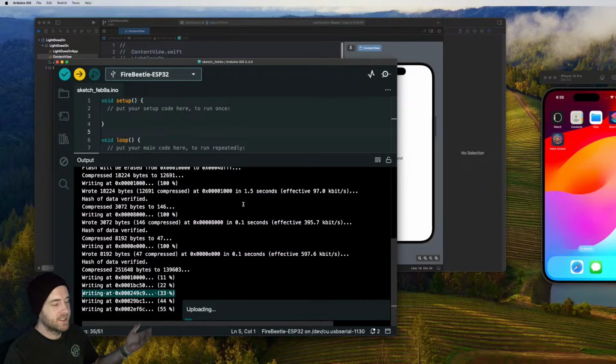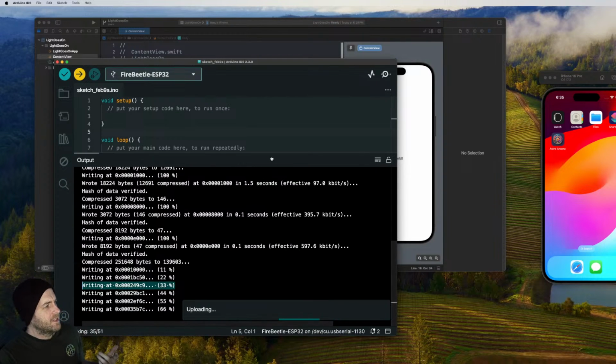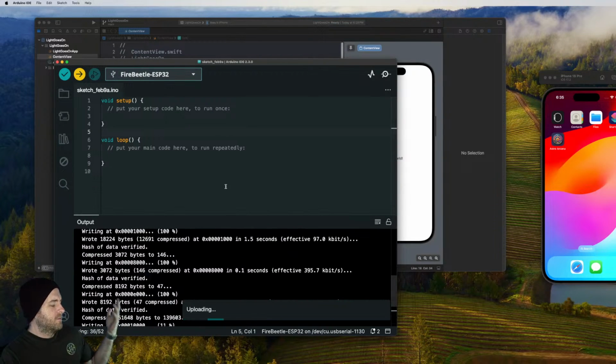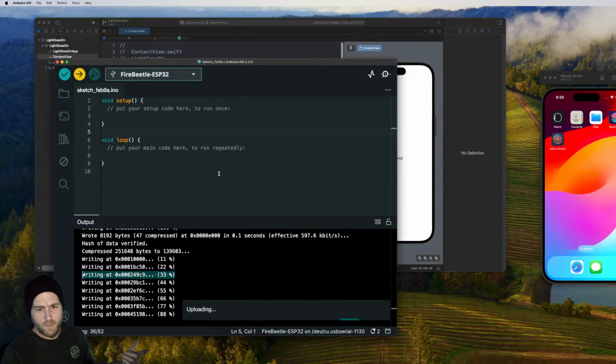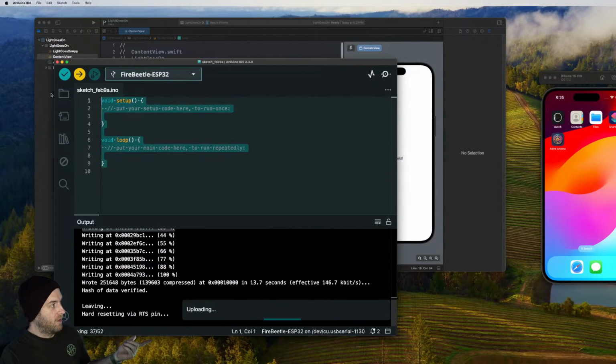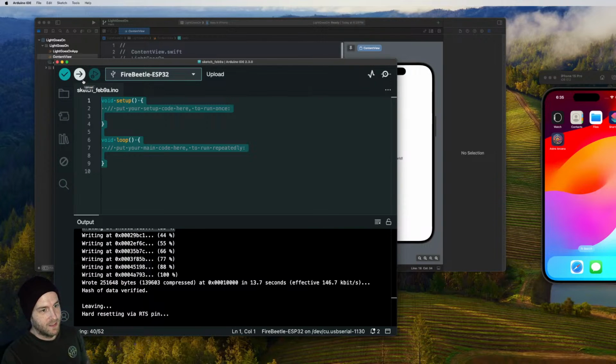Okay, so this is just an empty project. I suggest you do this first up, just so that you know the board's set up correctly and it's not your code that's broken. If you've got nothing in there, you can just compile it and send it to your device, and that way you can check whether it's your code that's bad